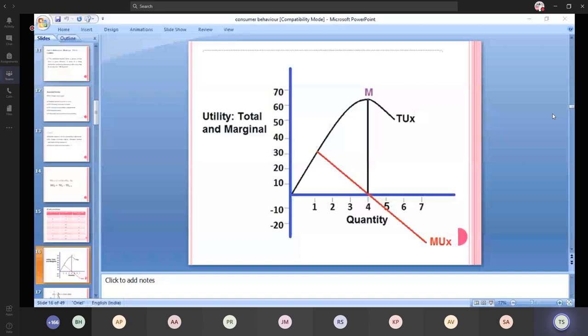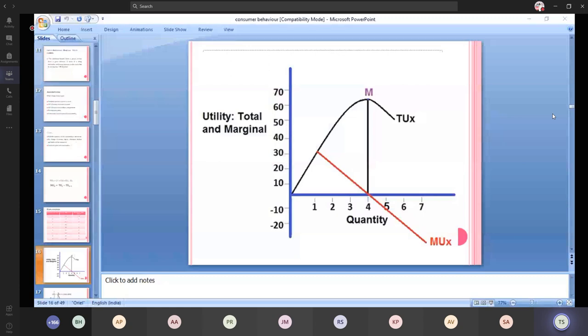So the total utility and the marginal utility start from the point where the individual person's satisfaction level starts. It can be from 10, from 100, or from 1. So it depends on the individual's preference. So he can state the utils in numbers. So we can start from any numericals. That's your choice. If you are choosing the numericals, you have to draw the diagram according to the numericals